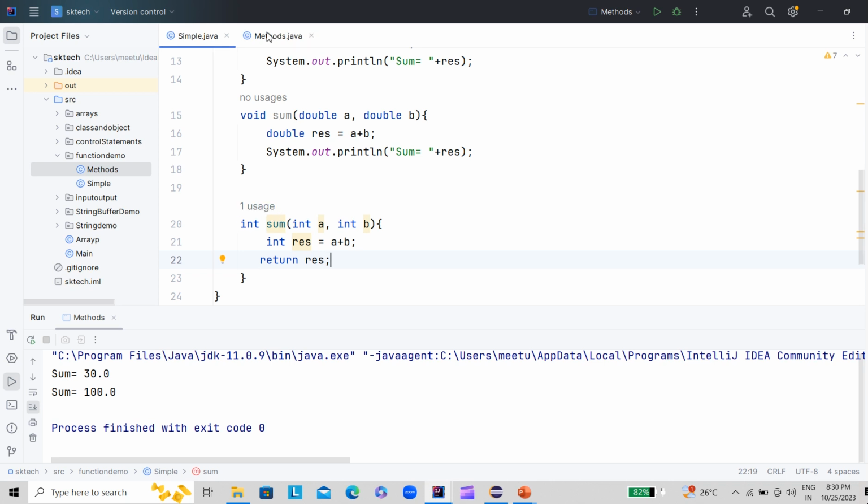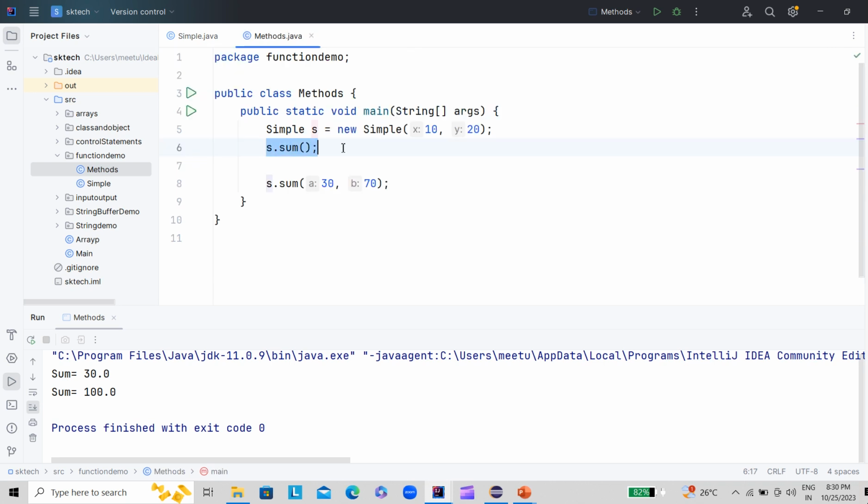So how can we use this method? Here we are simply calling it. Here also we are calling it, but with the argument. Now we are going to call it with some values. I'm going to pass 50 and 60, and let's say r equal to. Basically this method is going to perform the operation that we have written inside the method, and also it is going to return the resultant. That resultant we can store here, and here we can print it.